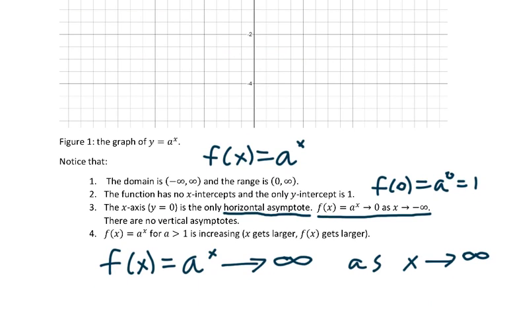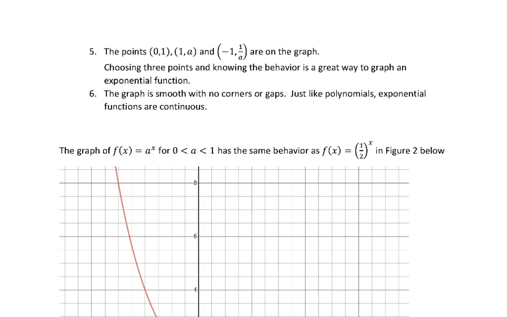So these are just some very nice properties of the exponential function. Again, here we're assuming that a is greater than 1. When a is less than 1 but positive, the function's a little bit different, as we'll see now. But before we get to that, if you go back to the graph, these are 3 points that